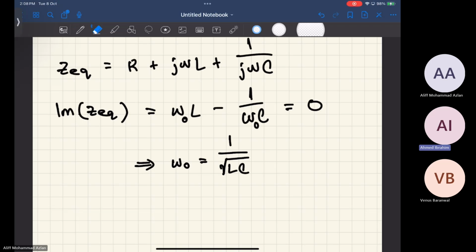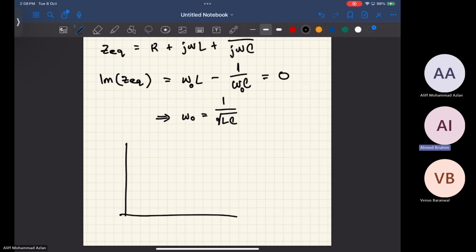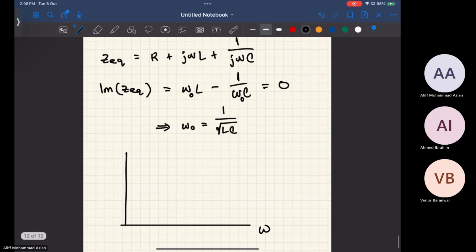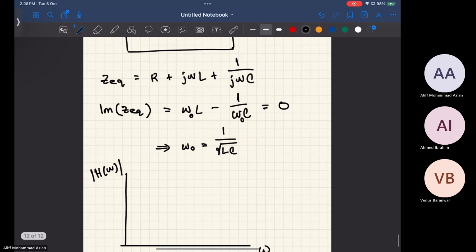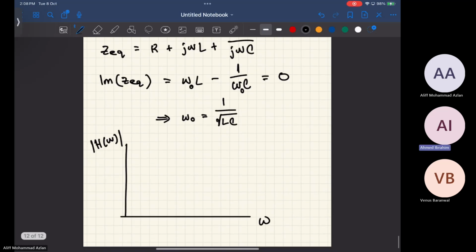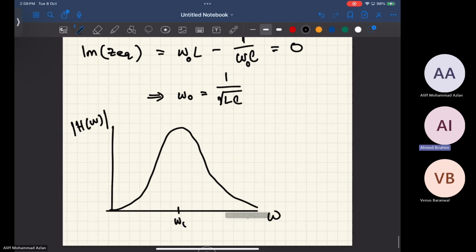Right, next to calculate the half-power frequencies and bandwidth. I'll just sketch what this would look like so we have an understanding. So we have frequency here, and let's say we have the magnitude of some transfer function here, could be voltage over voltage. For an RLC resonant circuit, this gives us a bandpass-like shape, where resonant frequency is where the peak occurs, and half-power frequencies